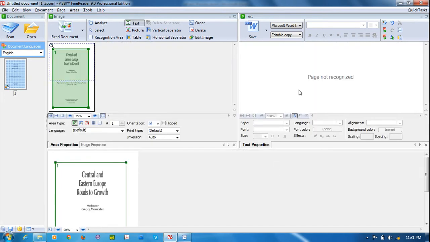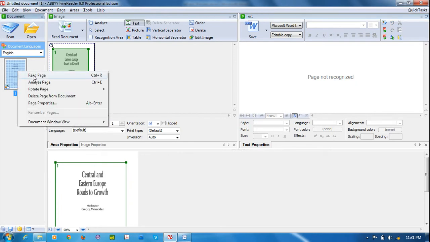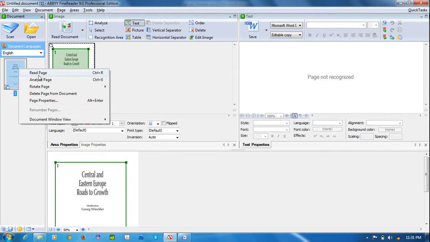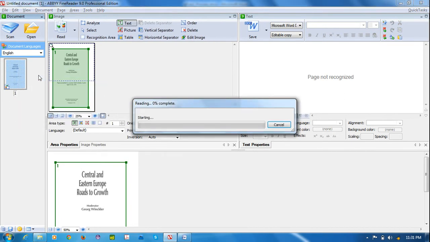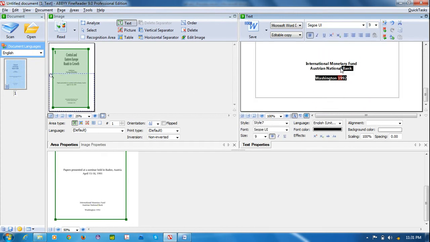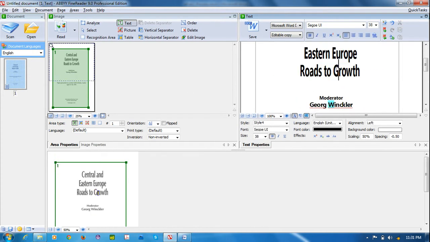But see, in the text area there is no data. After joining, you have to right click on the page and click Read page. It will show the text here.